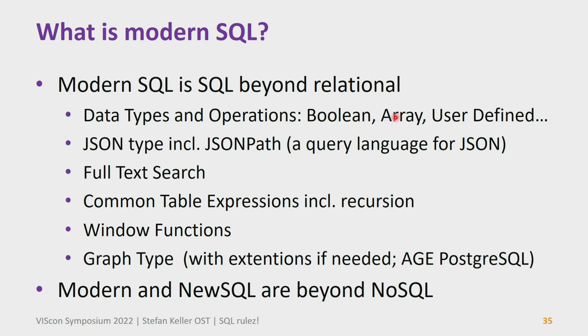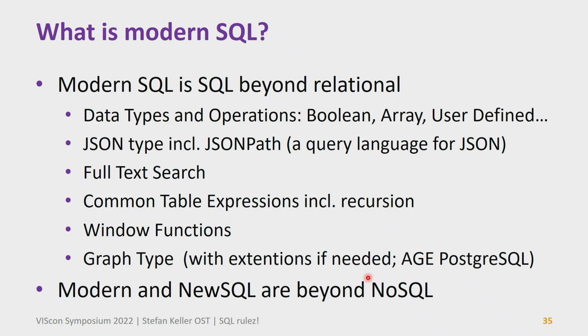But I also mean arrays, user-defined data types, which are possible in the database. The JSON type, including JSON path, where you have a query language inside the data type, like XML path. Very interesting stuff. Full text search is in the database, common table expressions, including recursion. One of the drawbacks of SQL-92 was you can't have recursion, which you need to query a tree. Window functions for reports, that's modern SQL, or the graph type, sometimes as a plugin, like in Postgres, when you extend